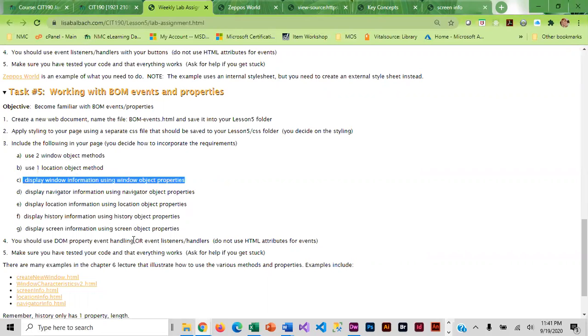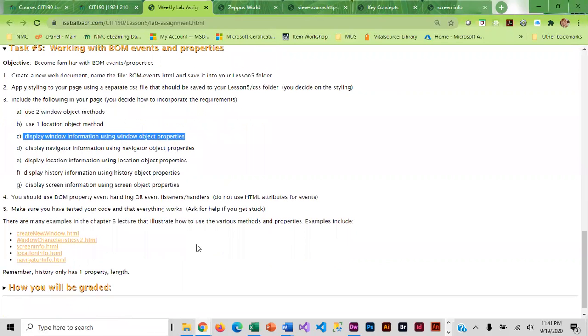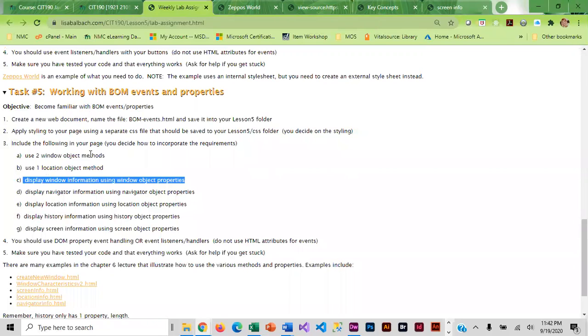Okay, and there are tons of examples in the lecture demo, and I actually included them down here. So what most students do with this is they create one page and they split it into different sections. And they do the window object in one section, they do the location object in another section, and so on down the line. And so for window information,